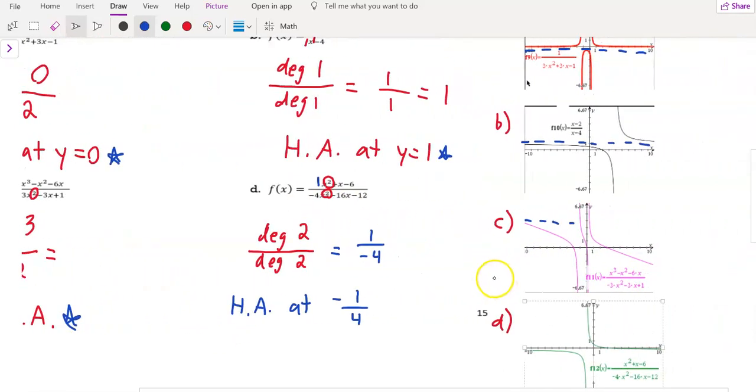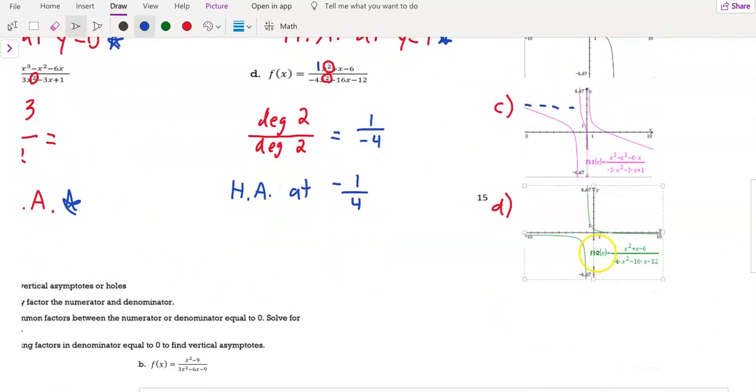And in letter D, we found a negative 1/4. So it's a little bit harder to see, but it should be right here at this negative 1/4 for letter D, which is exactly what we got here. All right, so example 1 is all about finding those horizontal asymptotes, but if you flip the page over, now